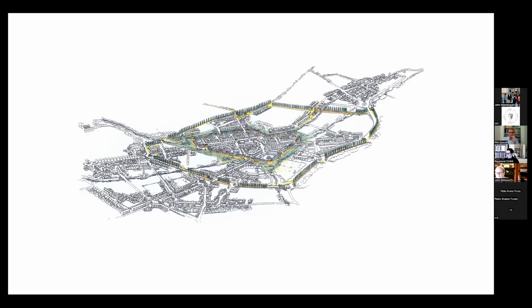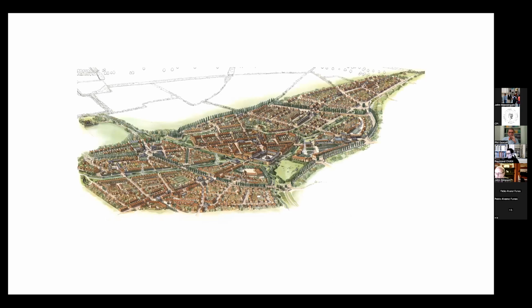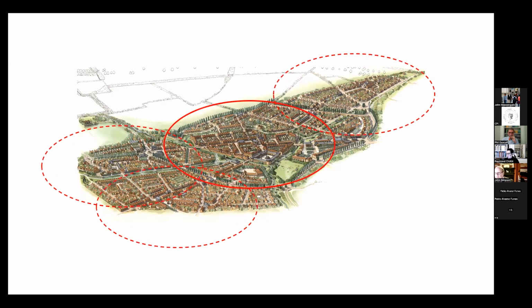This set up the basic structure that endured and ensured that as the plan was developed out, this basic organization of neighborhoods persisted and was enhanced by the architecture, which was set using a design code and devised to work alongside the master plan. I should add that this was the only project where we managed to get a new church